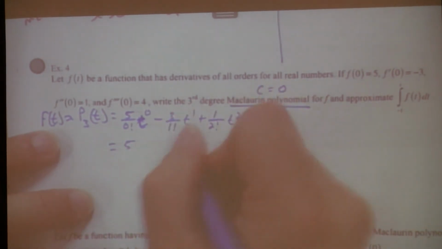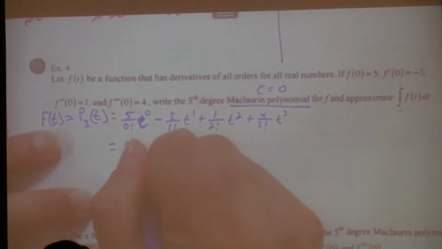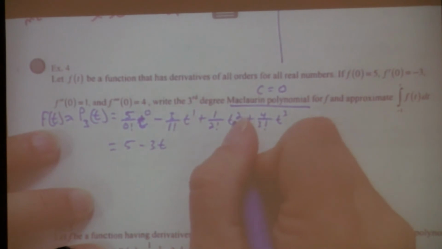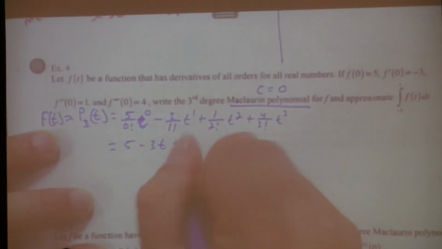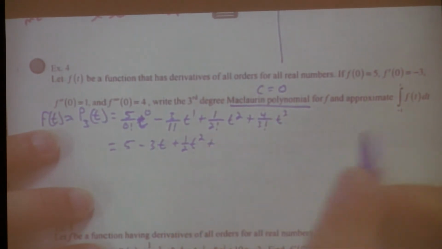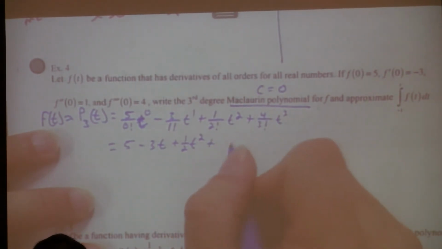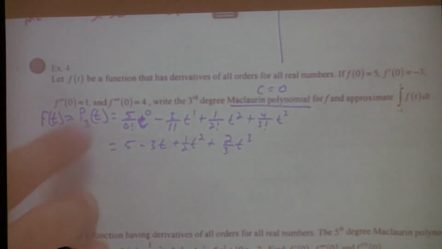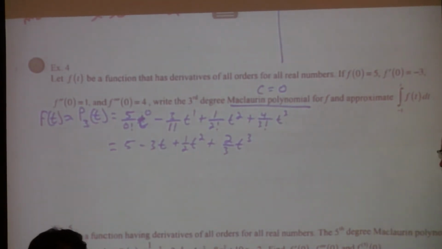5. And this? 3t. And then this? Half t squared. And this? 2 over 3. 2/3 t cubed? Yeah, because that would be a 6, right? So 4 over 6 is 2/3. Are we good? So now it looks like a simple polynomial, one of the very first things that you probably